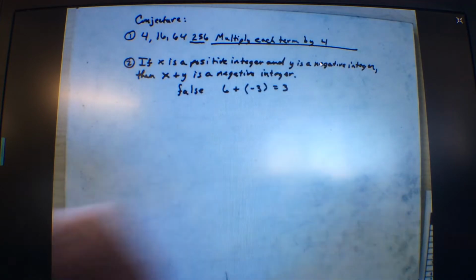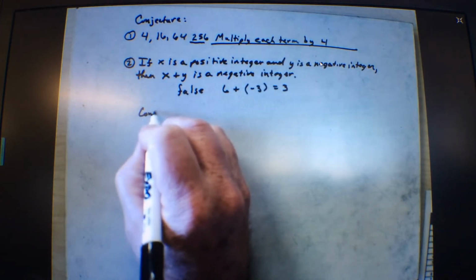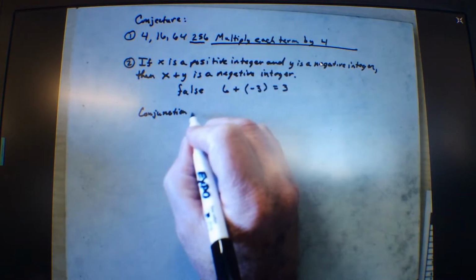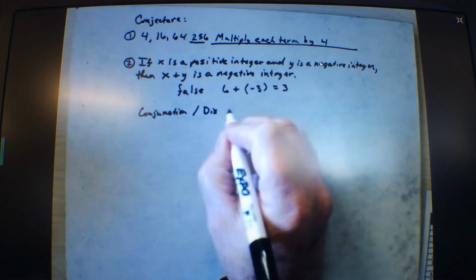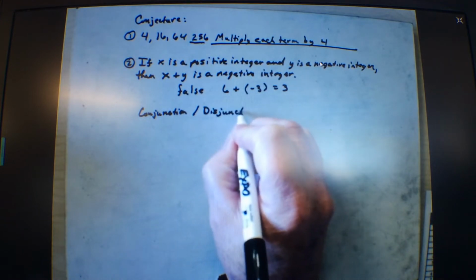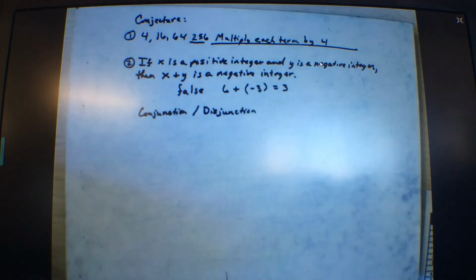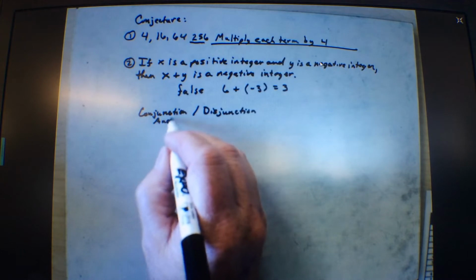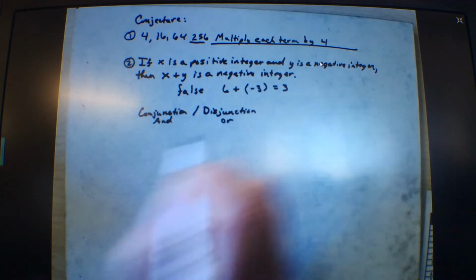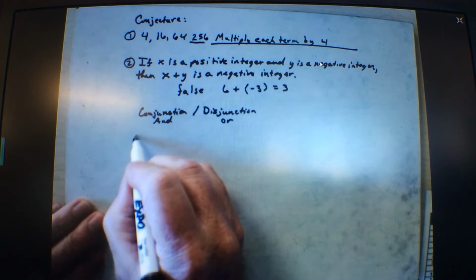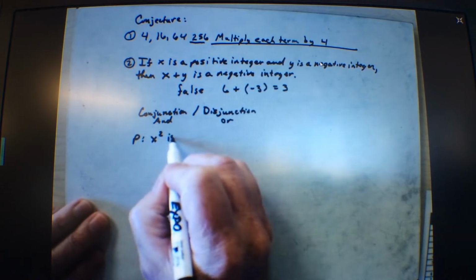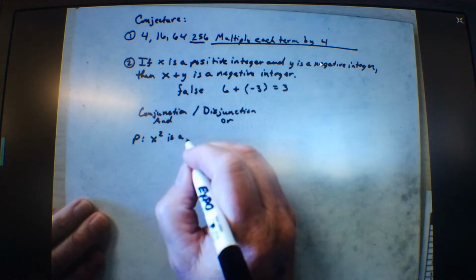Okay, then we talked about conjunction and disjunction. Remember that? A conjunction is what? What word do we use? And the disjunction is or. Okay. All right, so let's say that we have P is x squared is a